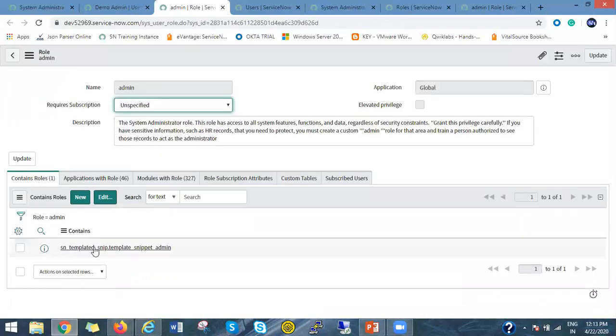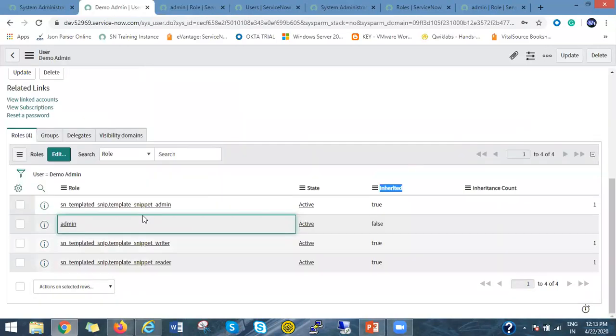So you can see SN template, snippet admin. This role is contained within admin. So if you assign the admin role to any user, these roles will automatically be assigned to that particular user. Okay,